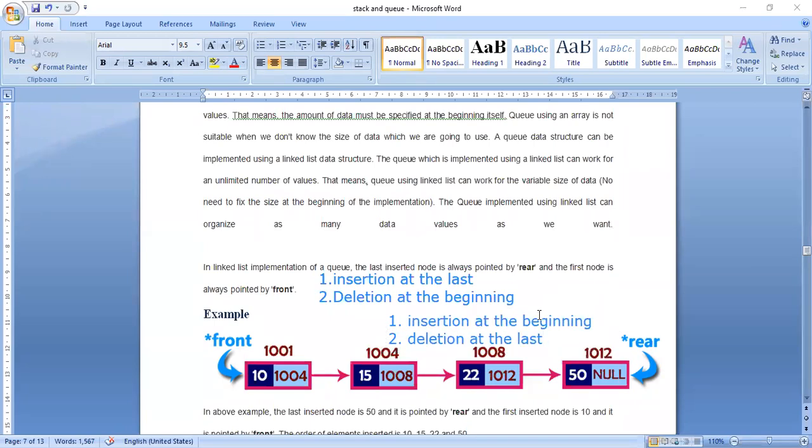So you can see here another option. Second, this is option 2.